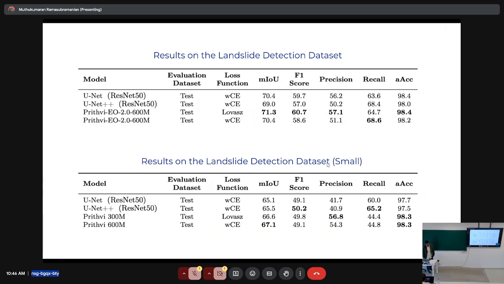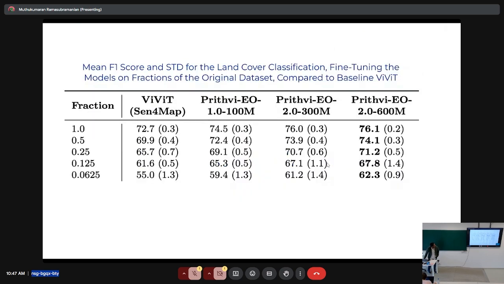On the landslide detection, which is also a segmentation data set, we did some ablation study, not here, but in the next slide. In the next slide, we did some ablation study on land cover classification, just holding out some fraction of the data set, just to see how it performs on a lesser amount of data. So BAVAT is the SEN4MAP land cover classification data, which was the benchmark that was released with the paper, and